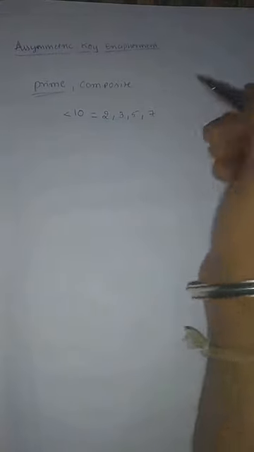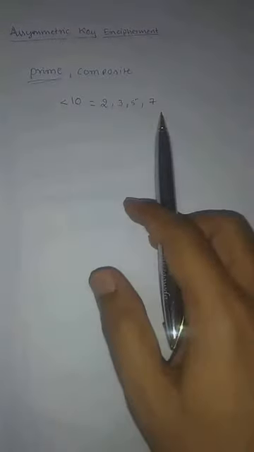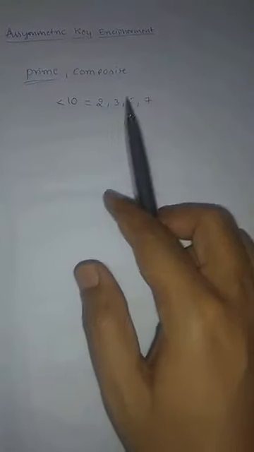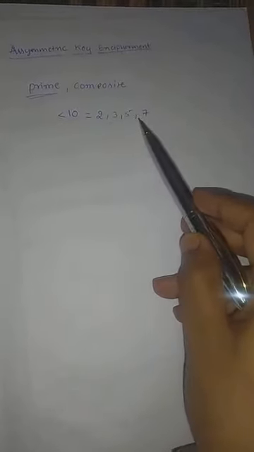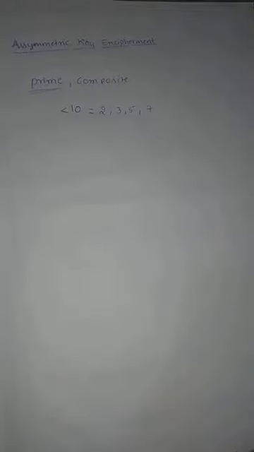If you want to know what are the prime numbers which are less than 10, how will you identify? Anyhow you write 1, but 1 is not a prime number, that has been excluded. So you can write 2 is a prime number, 3 is a prime number, 5 is a prime number, and 7 is a prime number. If you observe, these four numbers are not divisible by other numbers. If you take 2, it is divisible by itself, not by other numbers. So these are prime values which are undertaken by asymmetric key encipherment.